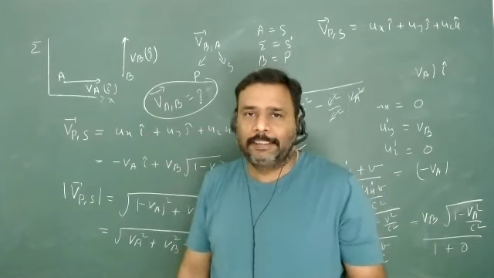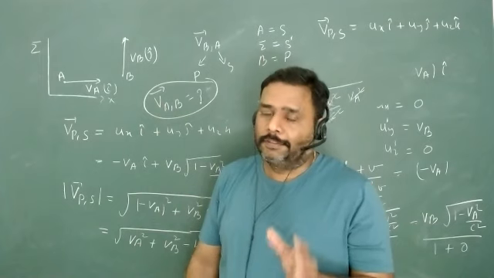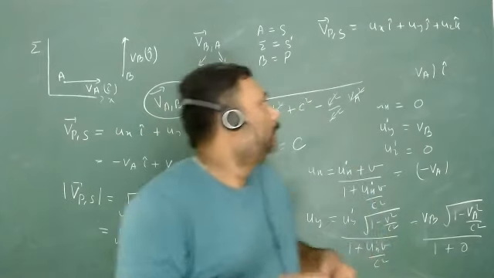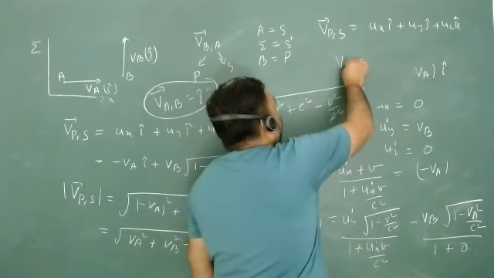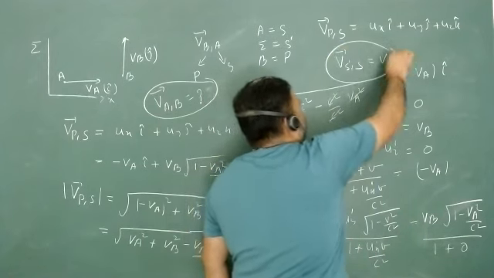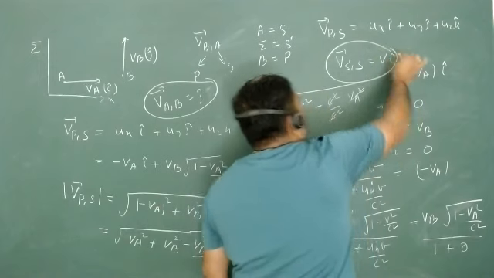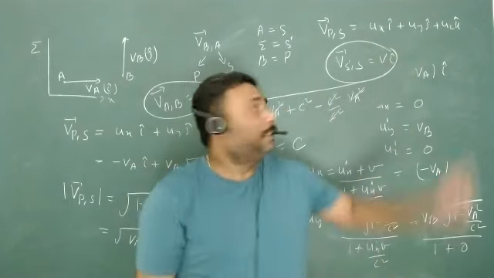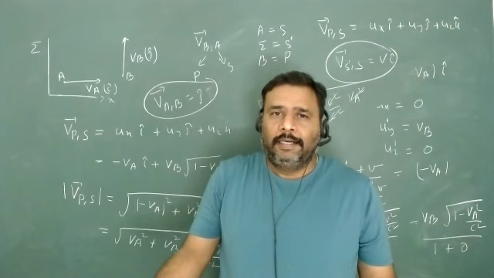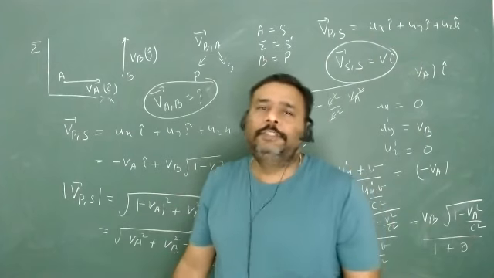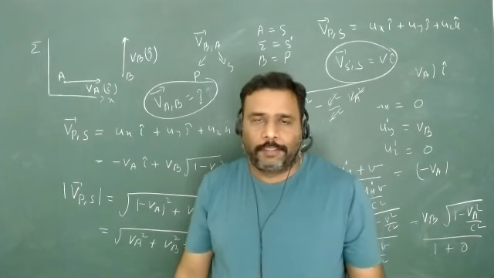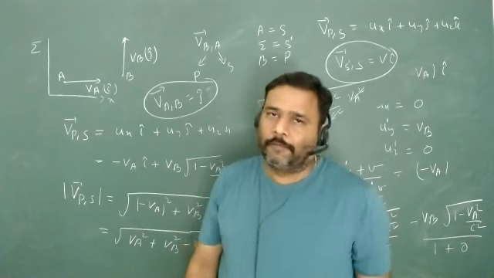Everything will change, and now you will be a little bit confused about which formula I have to use. So each and every time, what decides the velocity of S dash with respect to S decides which formula we are going to use. If it is in I cap direction, then we have to use the I cap formula. If it is in J cap direction, then we have to go for the J cap formula. And you can see I am doing nothing, just using the postulates and the basic definition of inertial frame and the formula of Lorentz transformation. I can solve each and every problem.